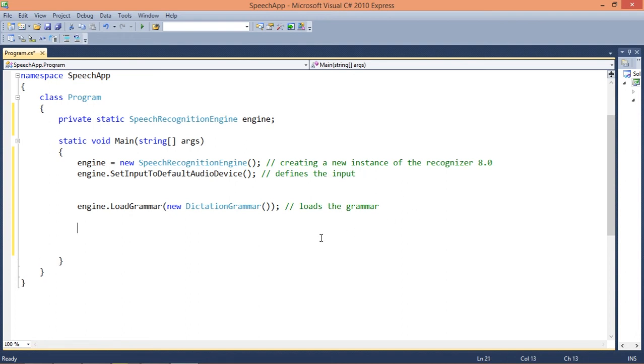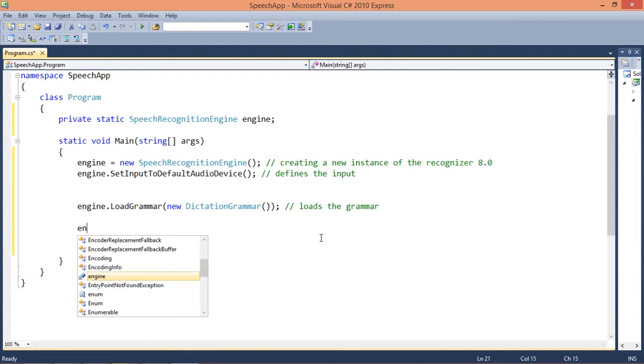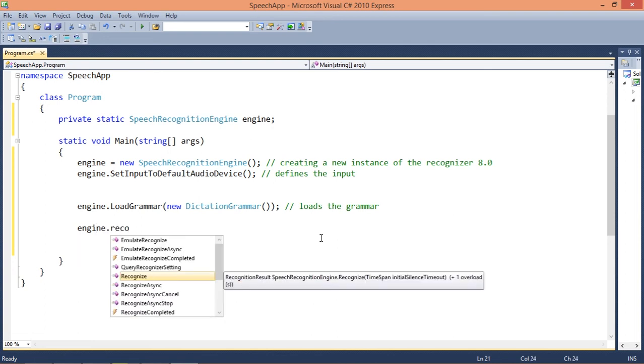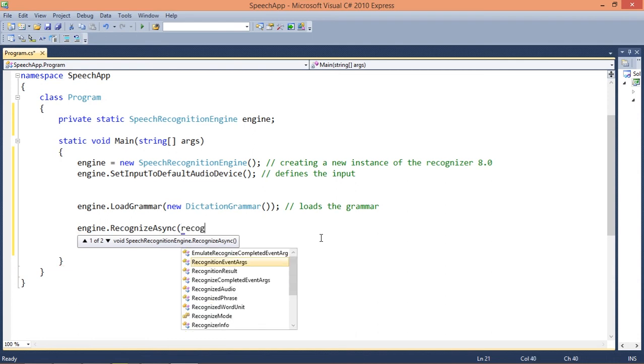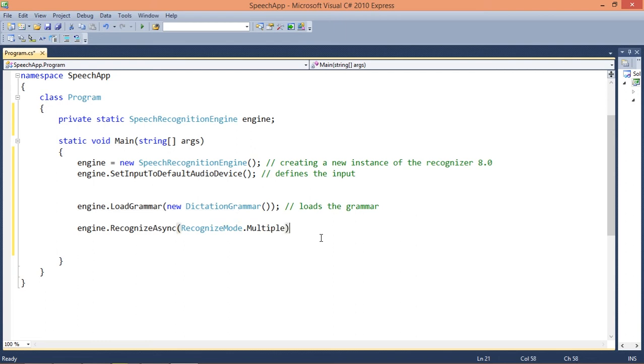So now we need to start the recognition. To start the recognition, I'm gonna type engine.Recognize, and basically there are two types of recognition: Recognize and RecognizeAsync. I strongly recommend that you use RecognizeAsync, okay? Because if you are trying to do something in Windows Forms, this will run asynchronously, which is pretty good. So let's define the recognize mode as multiple. Okay, it starts